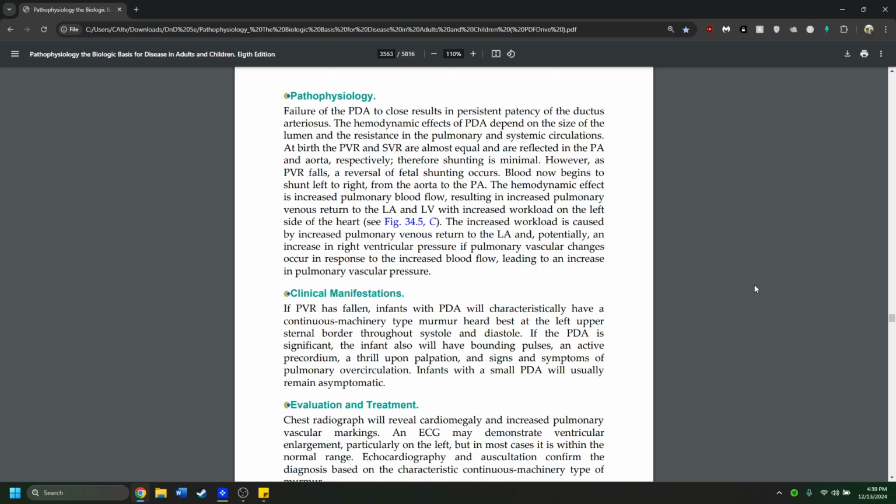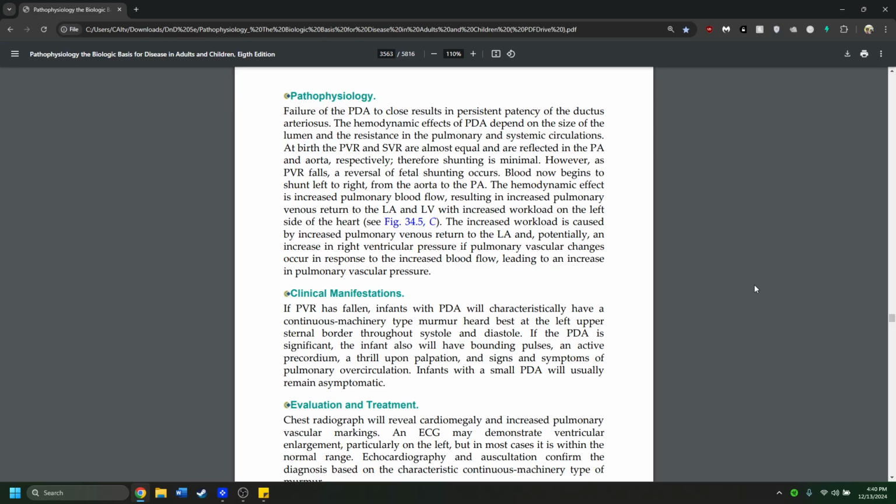The hemodynamic effects of PDA depend on the size of the lumen and the resistance in the pulmonary and systemic circulations. At birth, the PVR and SVR are almost equal and are reflected in the PA and aorta, respectively. Therefore, shunting is minimal. However, as PVR falls, a reversal of fetal shunting occurs. Blood now begins to shunt left to right from the aorta to the PA. The hemodynamic effect is increased pulmonary blood flow,